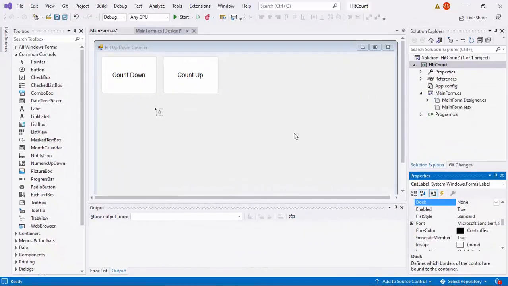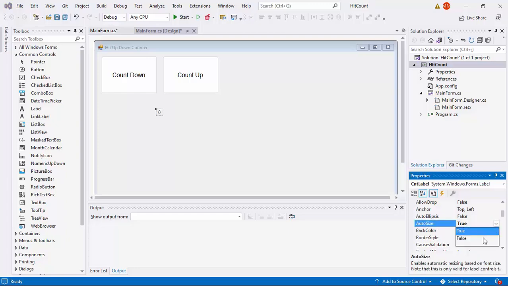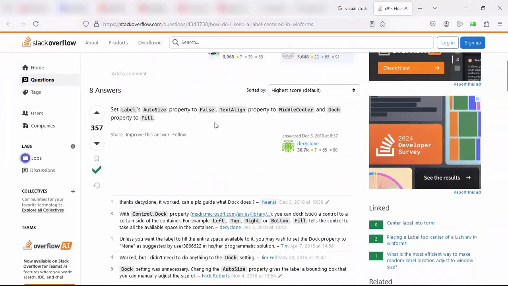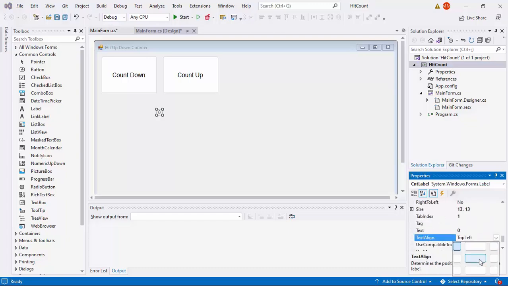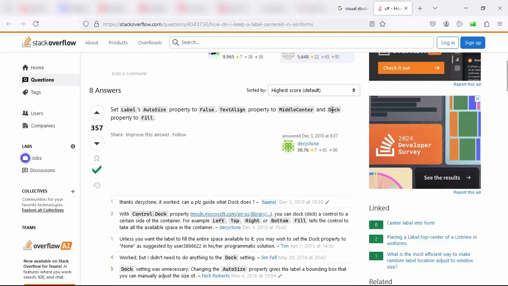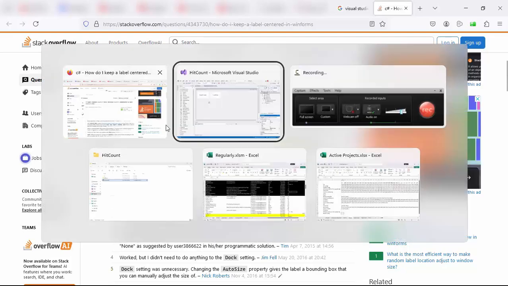Go back to our program, auto size, set it to false. Then text align, middle center. Then dock property to fill.